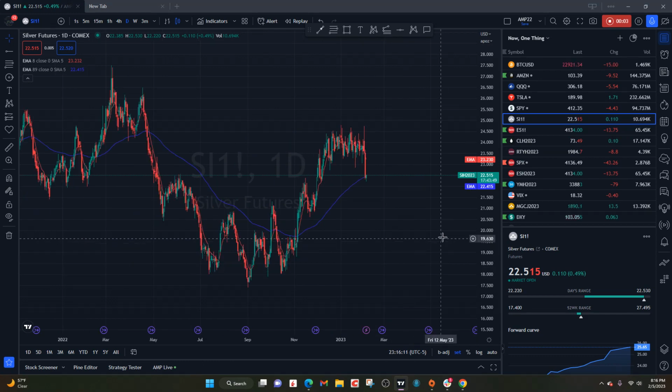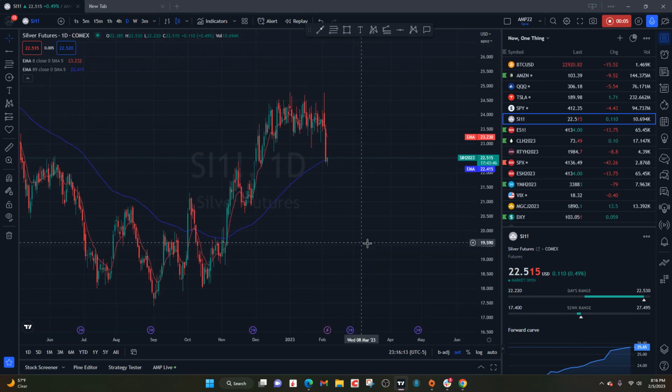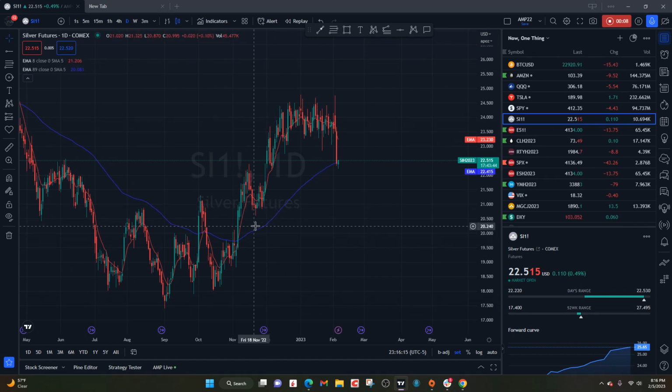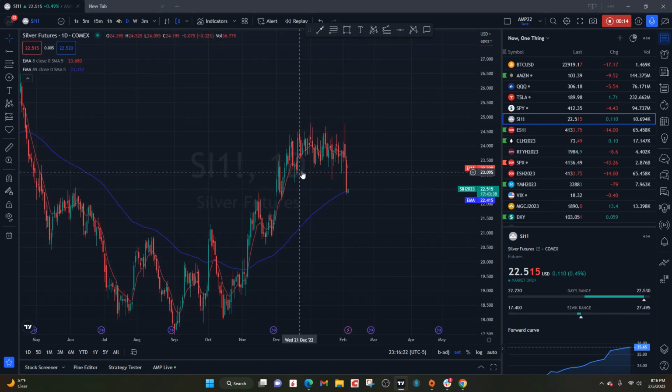All right, hey guys, just a quick video here on how to analyze silver, like where you'd want to find a pullback by looking at this chart. So a few things that we'll go over real quick. There's a setup in this high tight flag here that's kind of a low risk setup, but a couple